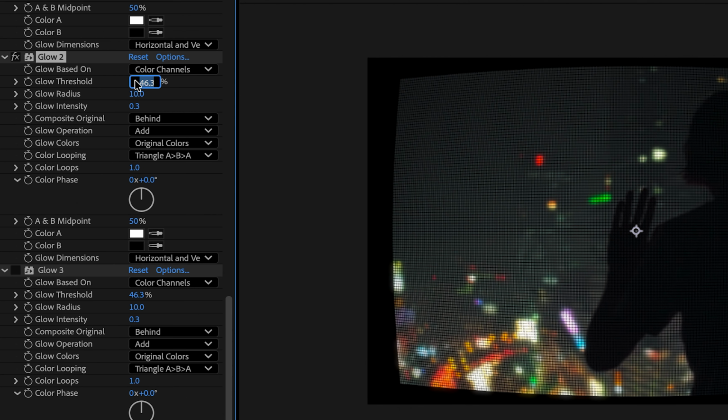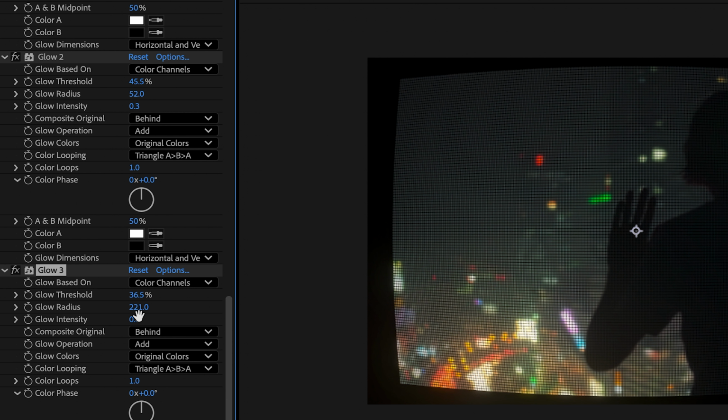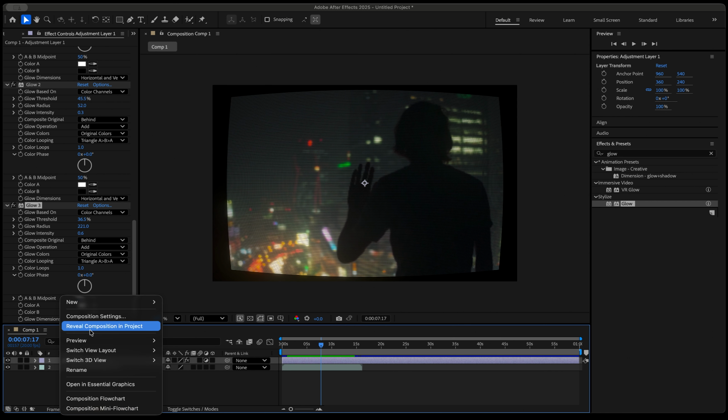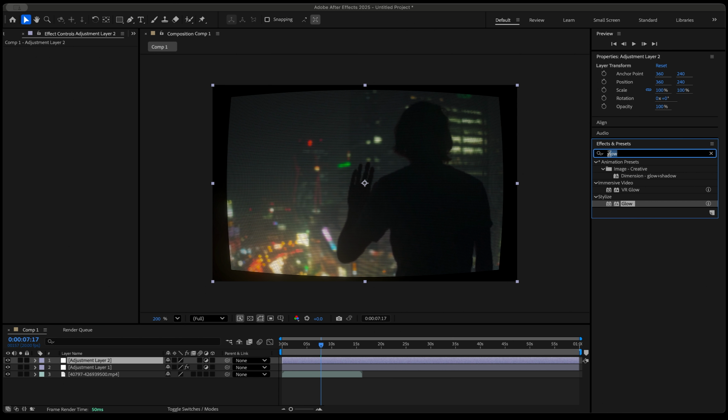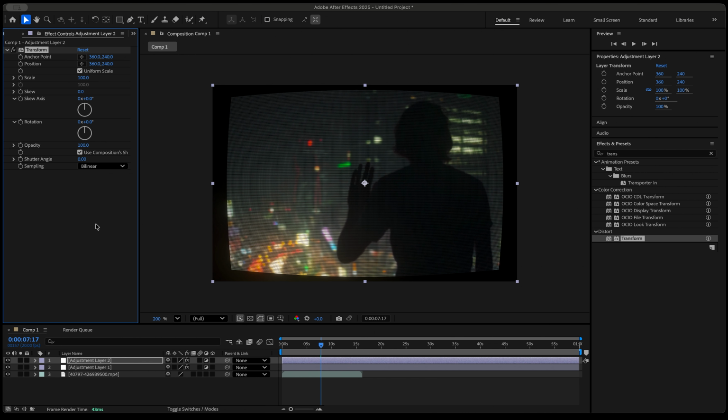Next, duplicate that effect twice and set the second threshold to 45.5 and the glow radius to 52, keeping the intensity the same. On the third glow effect, lower the threshold to 36.5, increase the radius to 221 and the intensity to 0.6. To fix the edge distortion, I'm adding another adjustment layer with a transform effect to just scale